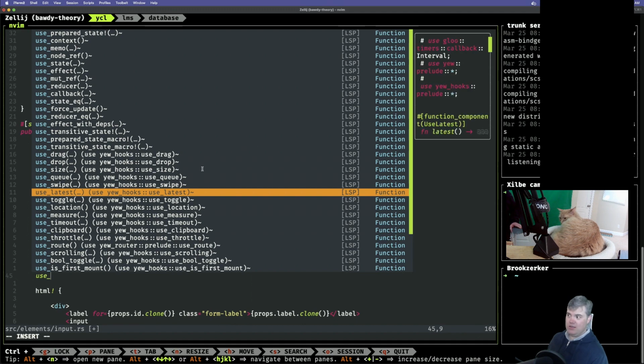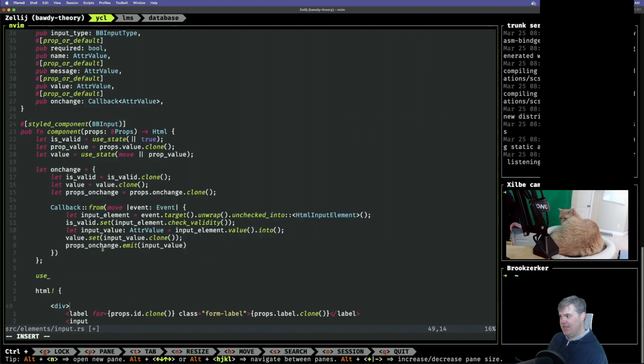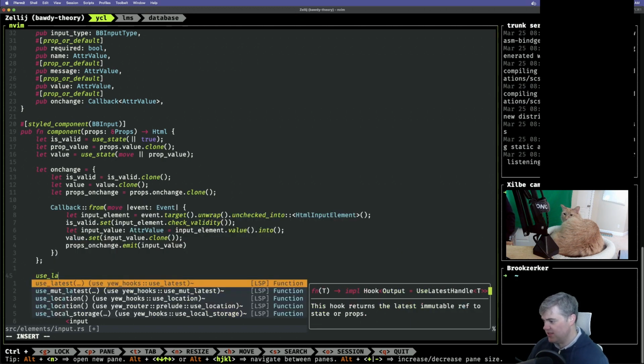Oh, interesting. So I could have this use latest, and it takes in a state that would be this value essentially. So we have the initial state here. Oh, okay. So if I do use latest,